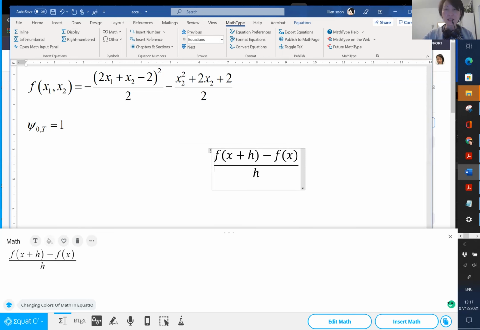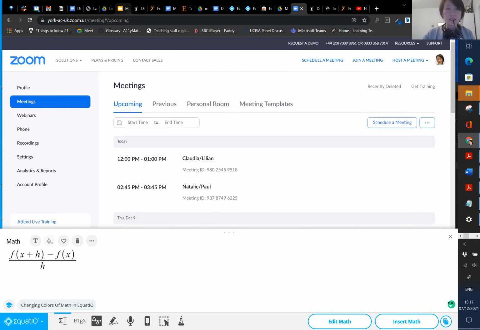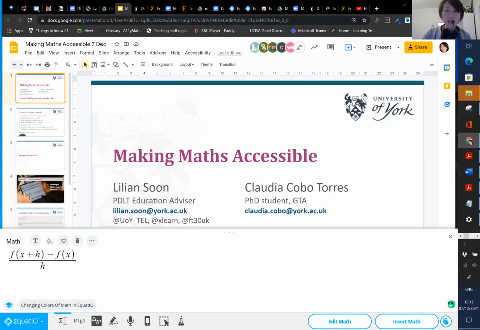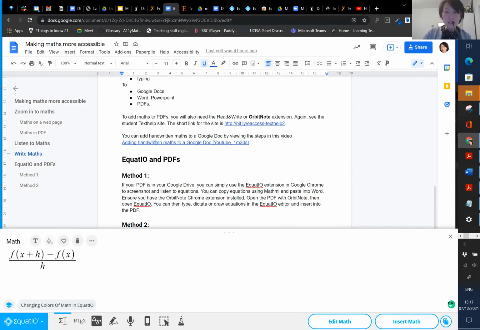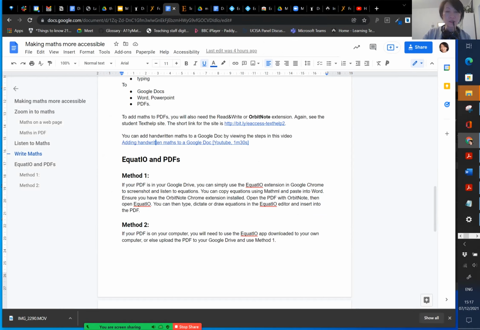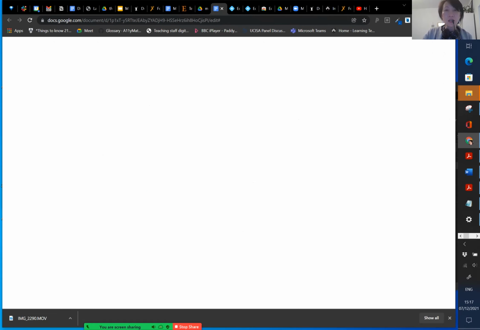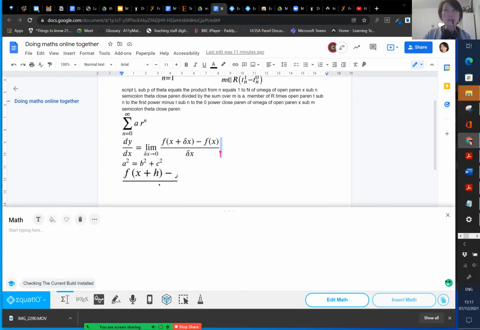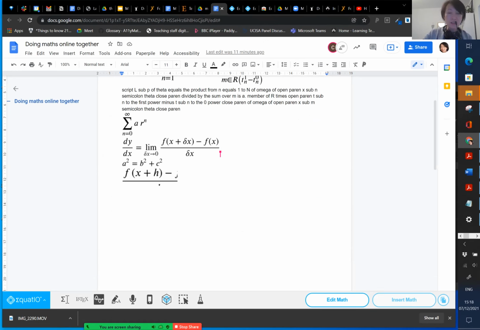So that's the key difference. But yeah, the final thing was collaborate, which we have kind of already done. Let me just make sure that I'm not going to accidentally use this version of Equatio. On this document that Claudia and I have been showing you, we can both edit this document together. So you can imagine, maybe I'll let Claudia explain what she does during lockdown when you were working with